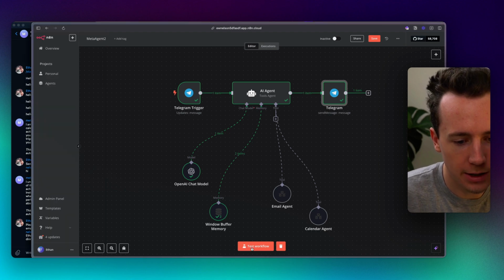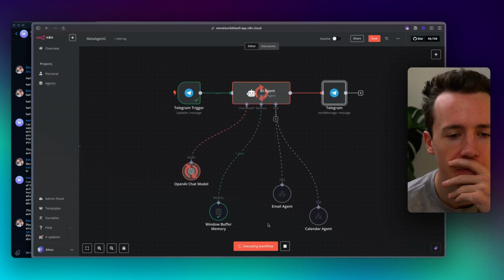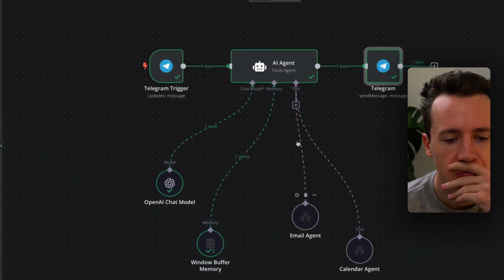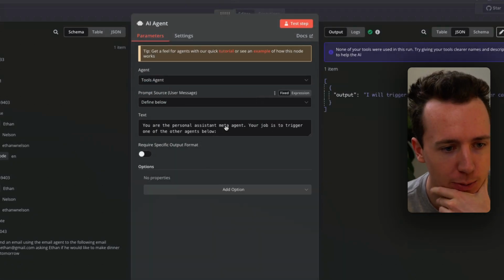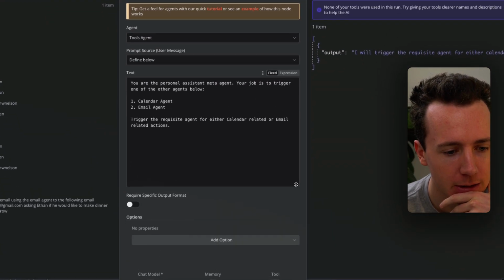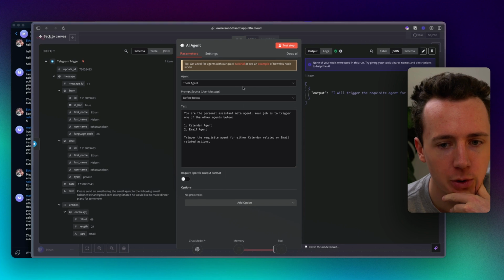Okay, let's see what happens now. We're gonna test this out. So it looks like it actually didn't trigger it. So it probably has to do something with the prompt here. So we'll say